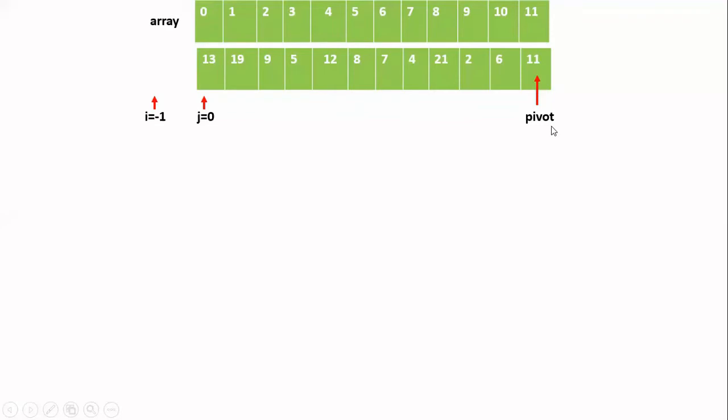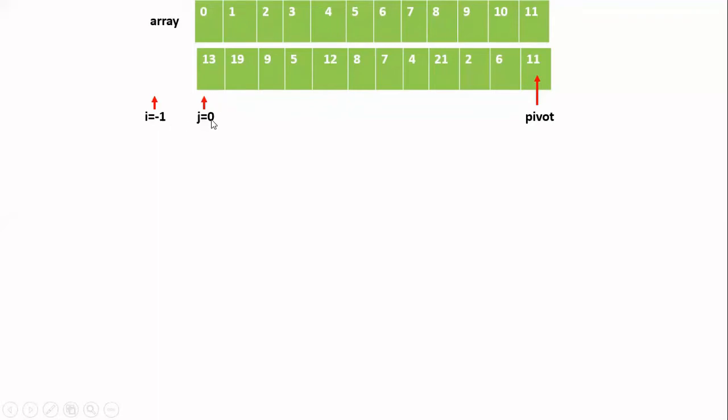Let me repeat again. Once you get the array, set the pivot element as the last element in the array, that is nothing but the element at index high. Now set j as the low index. Low index is nothing but the lower value of the index of the array elements you have. So here it is 0.